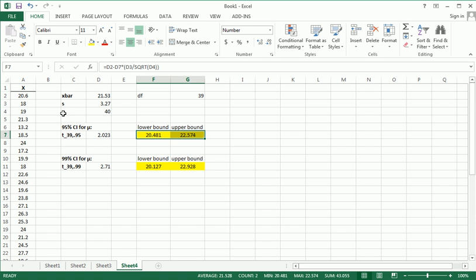What this method is saying is that approximately 95% of those confidence intervals will capture